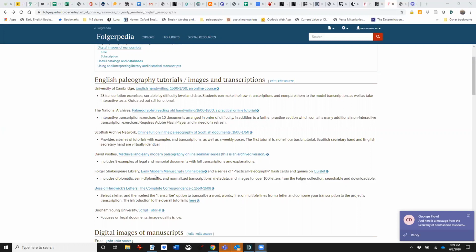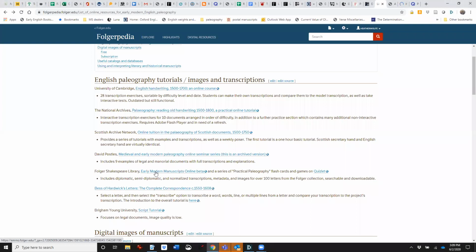We don't have an interactive tutorial yet. I hope someday we do, but we do have our Early Modern Manuscripts Online site, which contains over 100 letters from our collection of various difficulty levels with the image and then three forms of transcription: the diplomatic, semi-diplomatic, and normalized. Let me just click on that to show you how you can use this for